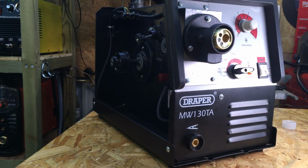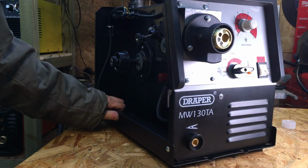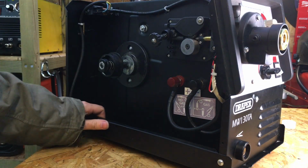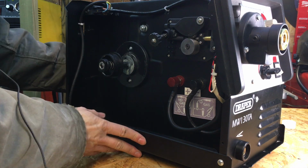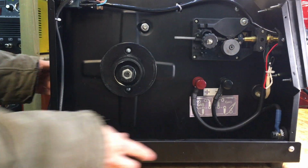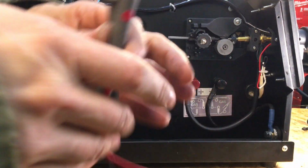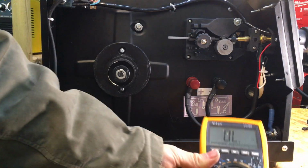Okay, so it's all complete. So what I've done is I've pretty much hoovered everything out to make sure there's no metal chips in there or anything. And there you go. What I'm just going to do now is use my multimeter on the continuity function,